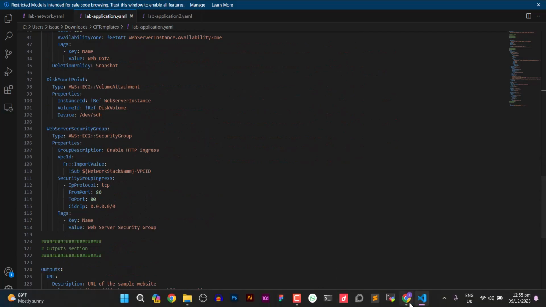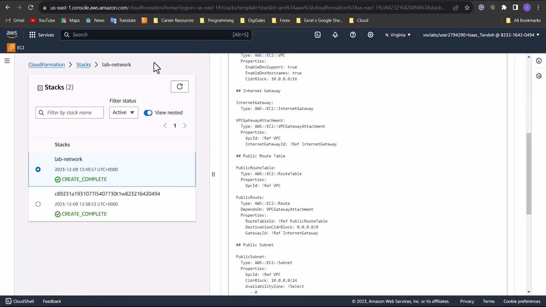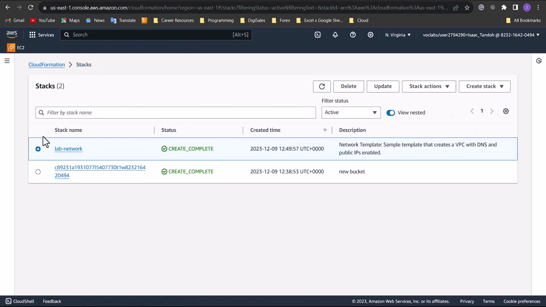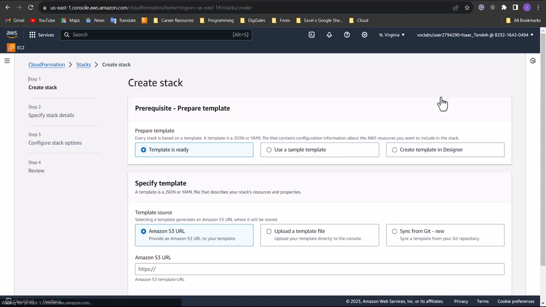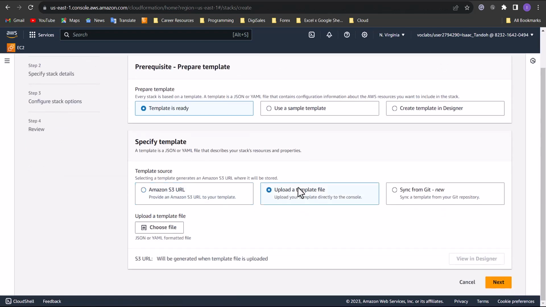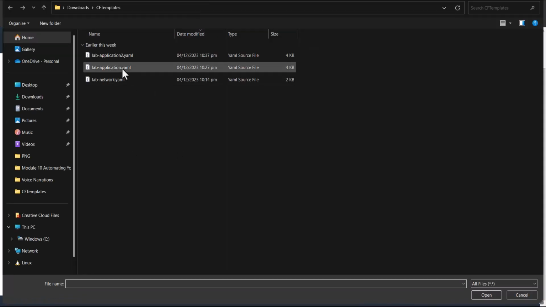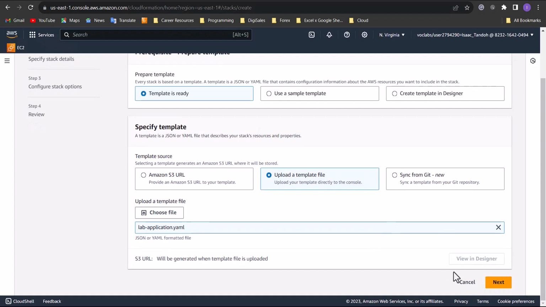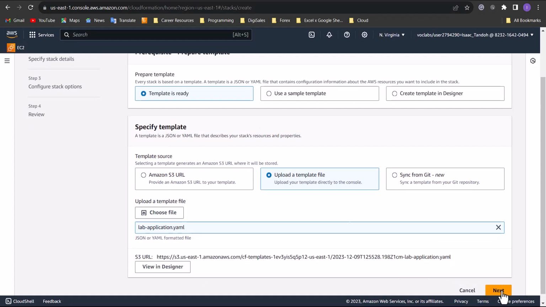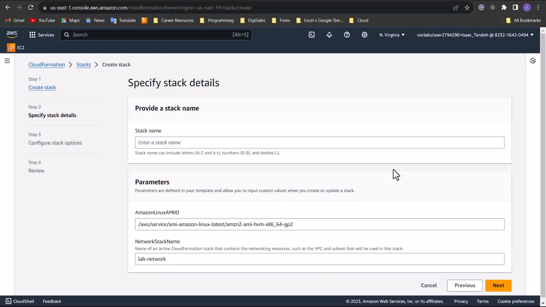Let's go back to the console, then to CloudFormation, to stacks, and I'll create a new stack with new resources. The template is ready. I'll upload the file, choose file, and this time the application. Okay, next. The stack name is lab-application,